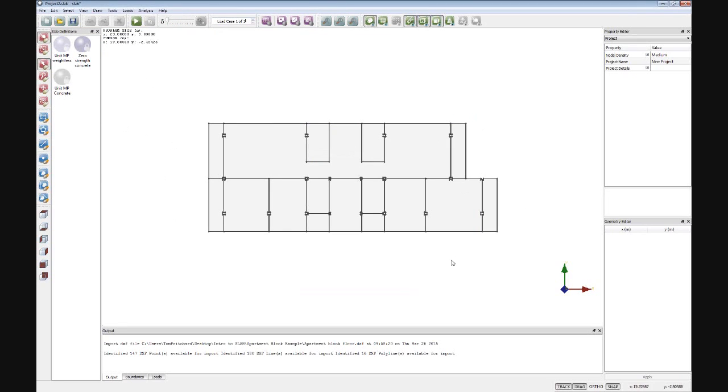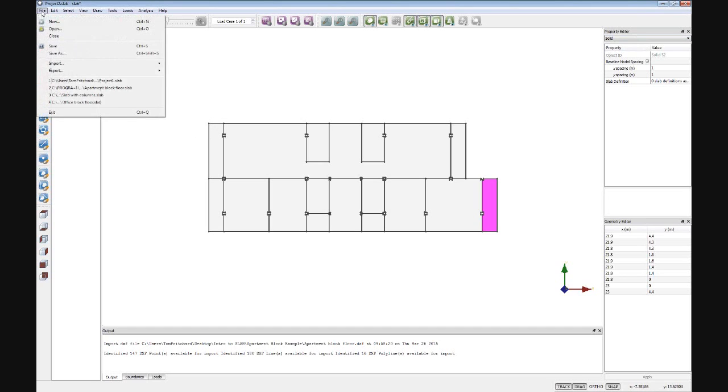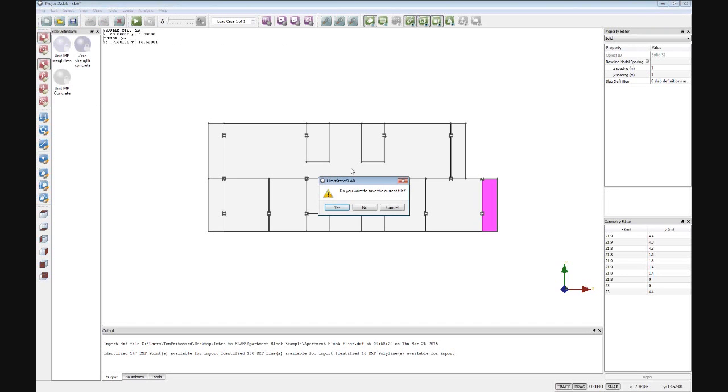If I open that, you can see here that just using the lines in the DXF, it will create a problem for you. So as long as you've got closed loops within your DXF file, it will then convert those to solids within the software and allow you to then use that as the basis for a model. So obviously you can create the materials and drag them and drop them, or assign them using the property editor as we discussed previously. We don't really have time to go through the whole process of doing that at the moment, so what I'll do is I'll just open the problem